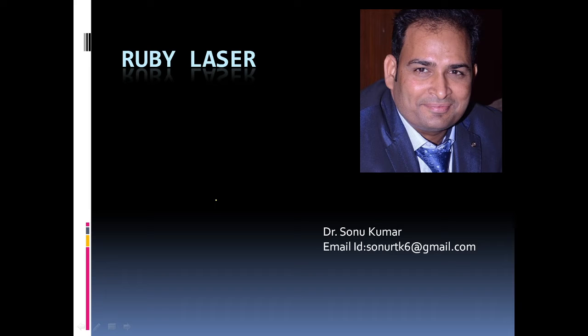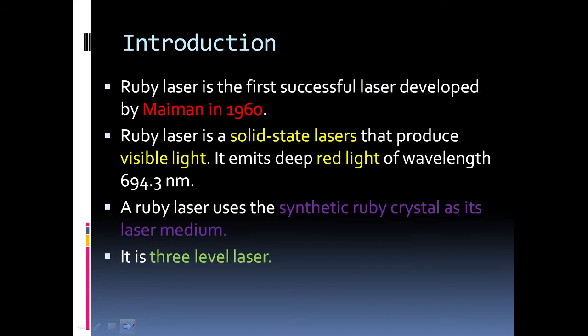Hello students, today let me discuss about Ruby Laser. First of all, we will discuss the introduction of the Ruby Laser. Ruby Laser is the first successfully discovered laser. It was discovered by Maiman in 1960. Ruby Laser is a solid state laser